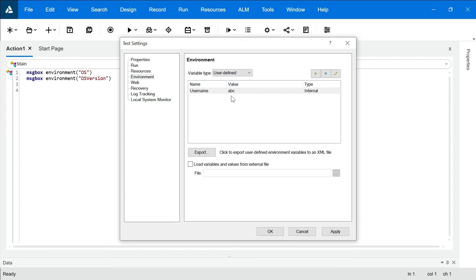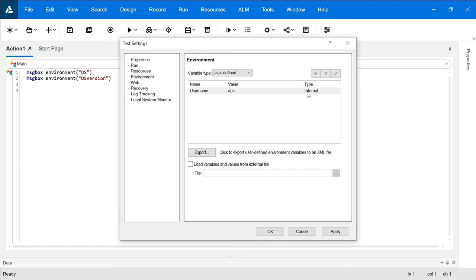So guys, that's how it's very important to have user defined environment variables, because it saves you a lot of time, and according to me, you should always write code which has the least dependency. I should not manually go to all test cases if there are any changes. So that's how a user defined environment variable works. Now let's talk about what is internal and external. If I have created an environment variable in UFT, the type will be internal. But if I'm importing it from external files, it's going to be external.